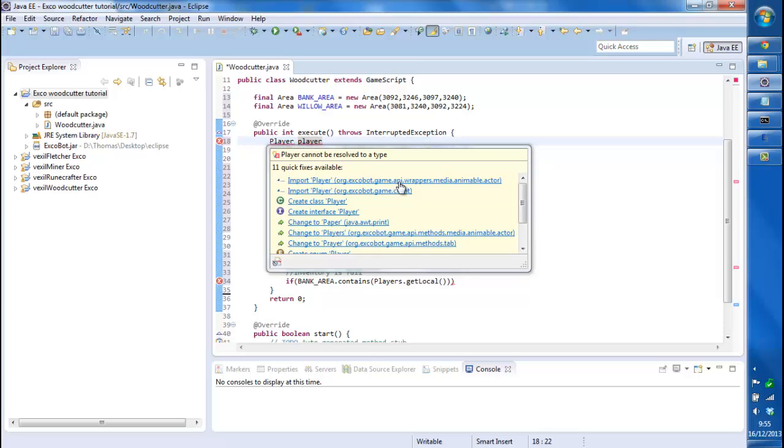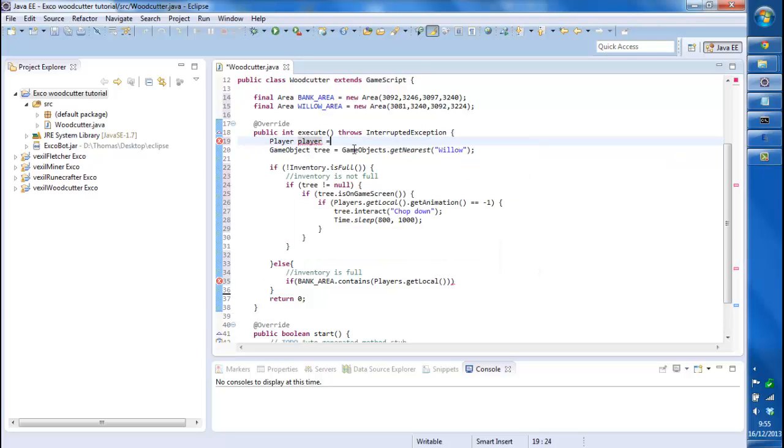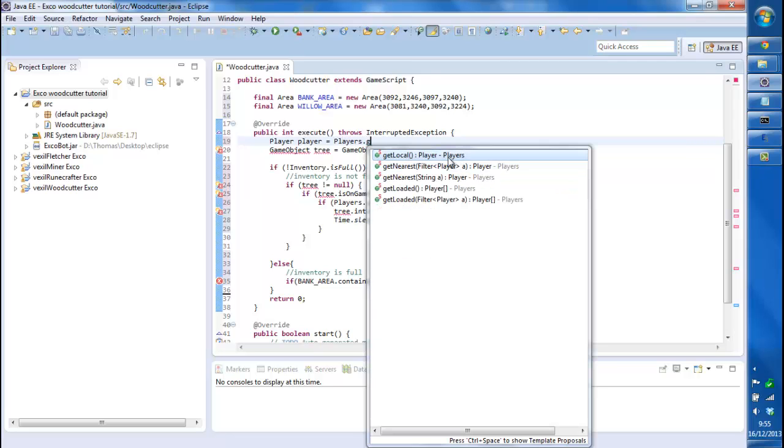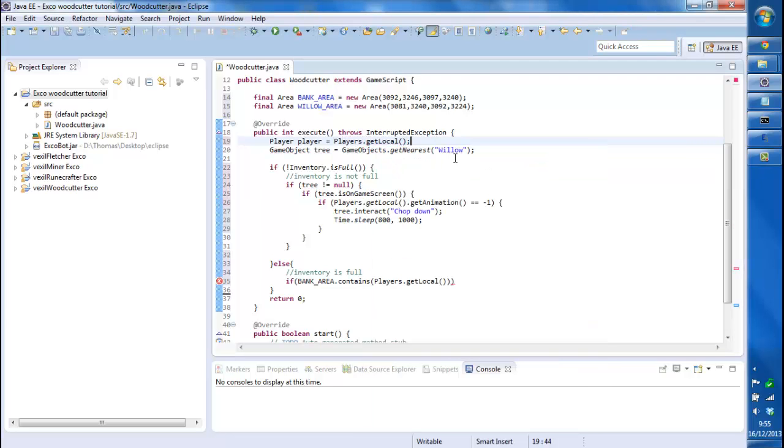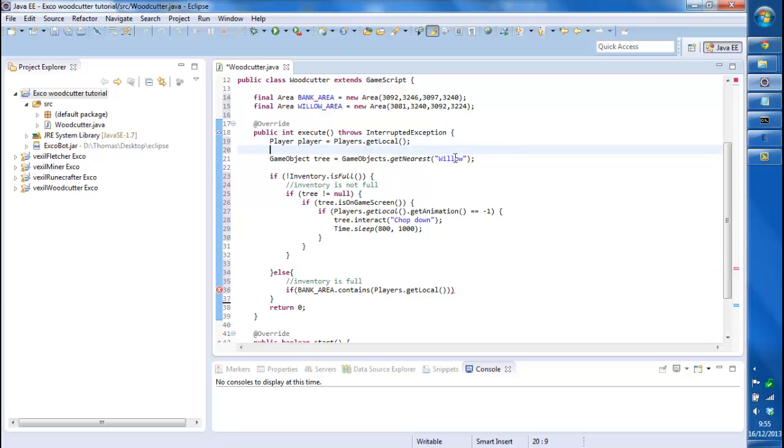The first one, the enable Actor, not the game client, is equal to Players.getLocal(), so it's more readable. You can change this Players.getLocal() just by typing in player. I'm going to do that here too. So if it contains player,